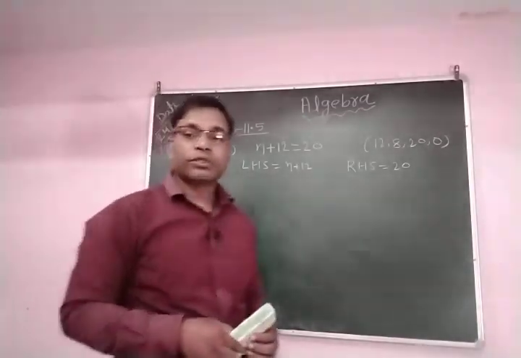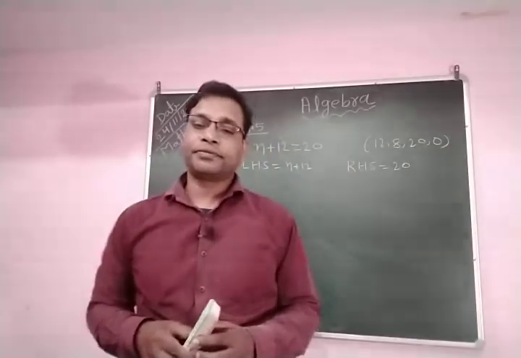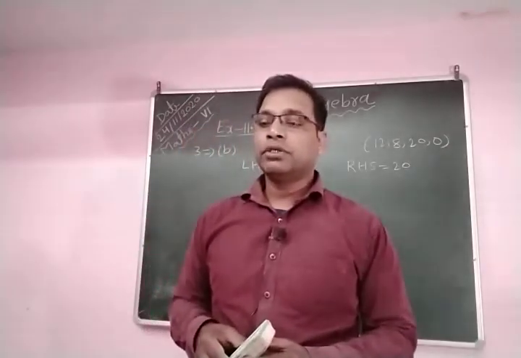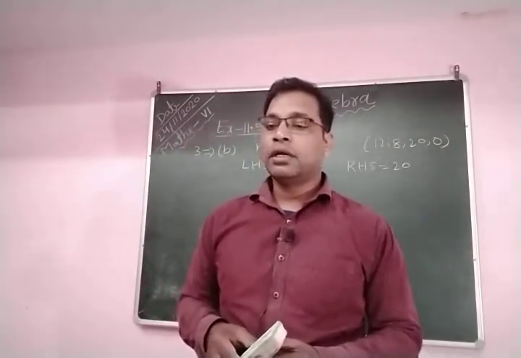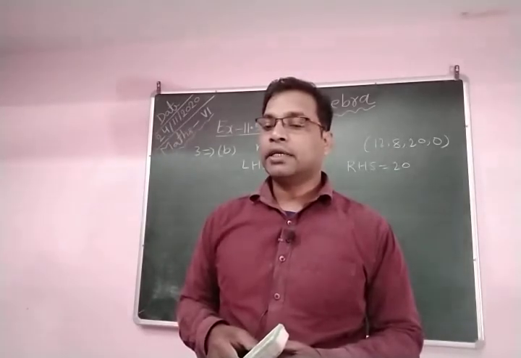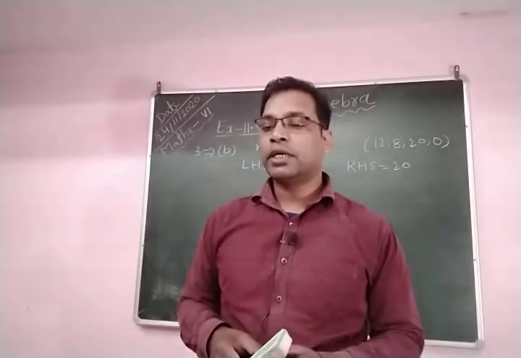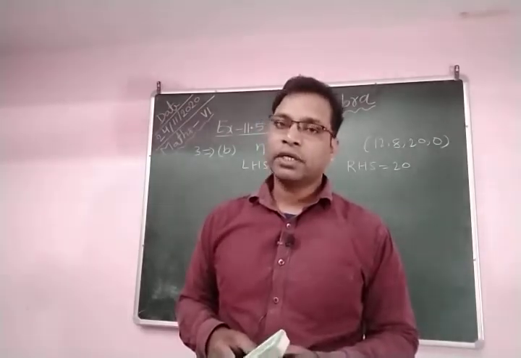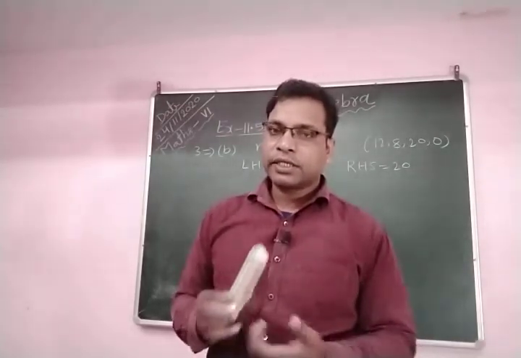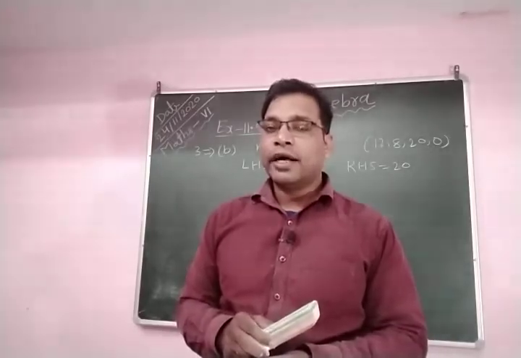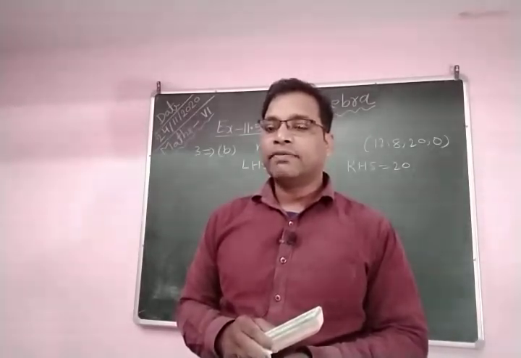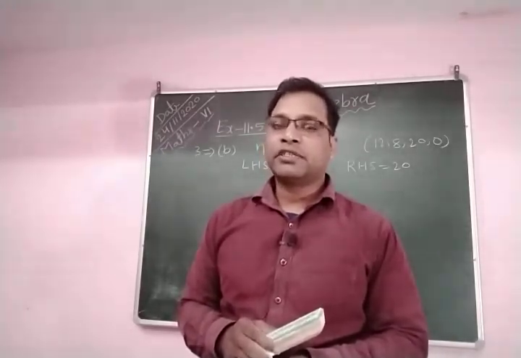In question number 3, it is given to pick out the solution from the values given in the bracket next to each equation, so that the other values do not satisfy the equation. In the previous A part you can see the other values of m, 10, 5 and 15, do not satisfy the equation.